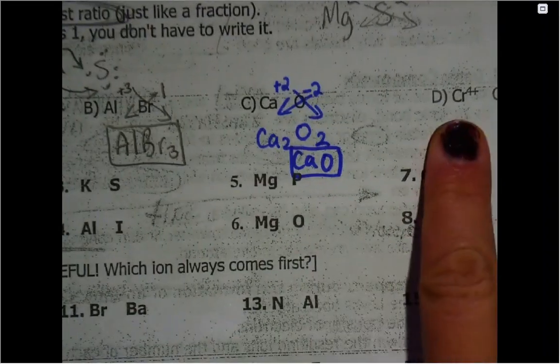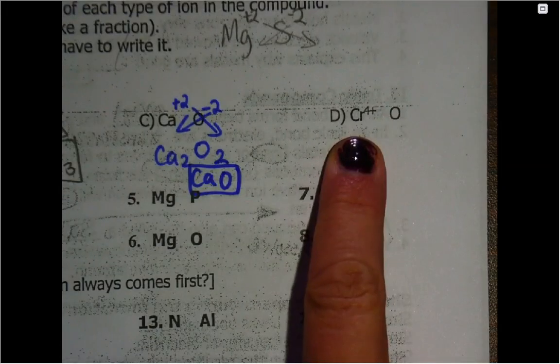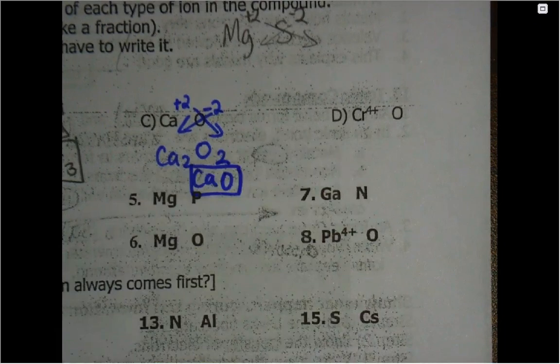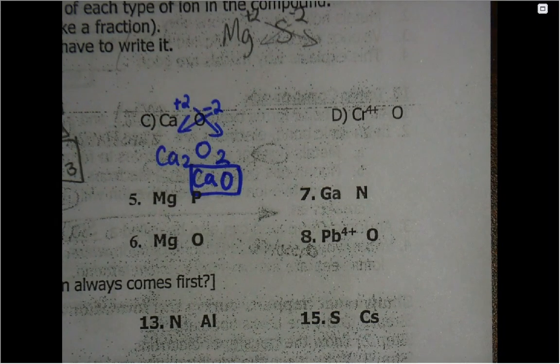Perfect. All right, this last one. Here's our weirdo. So you see that we put a little 4+. Where is chromium on our periodic table? He is a transition metal. Yep. So transition metals get a little weird. I'm going to go ahead and let you guys do this one still because I don't think it's terribly difficult. But I just wanted to show you on your flow chart what you would be doing